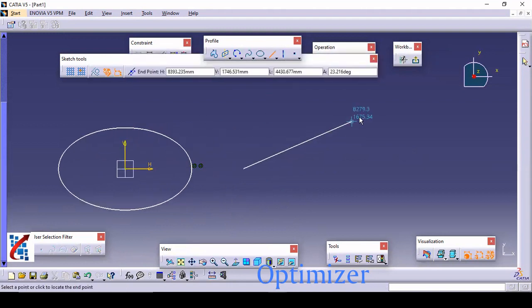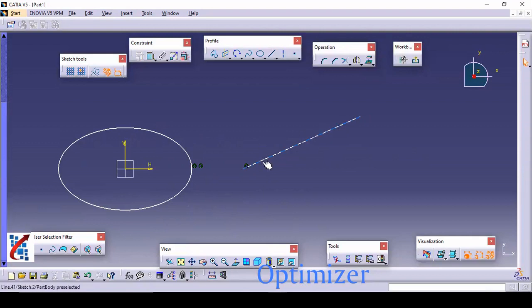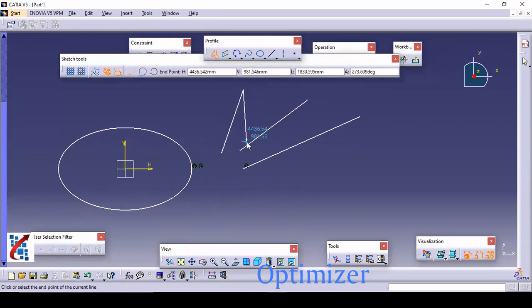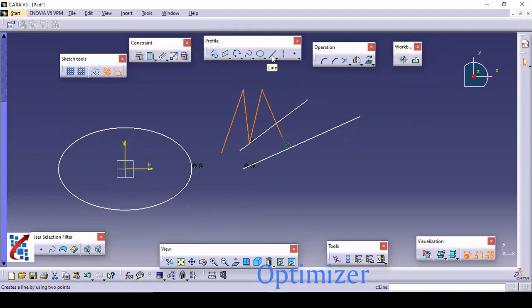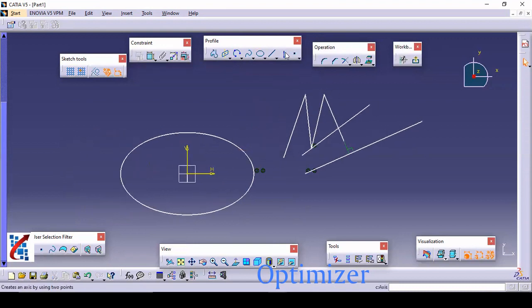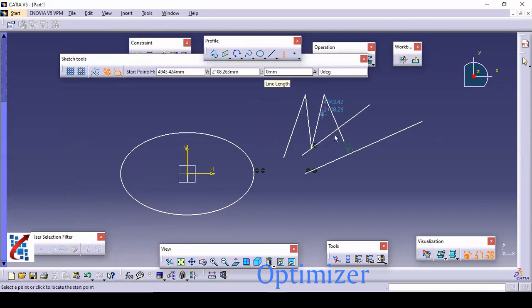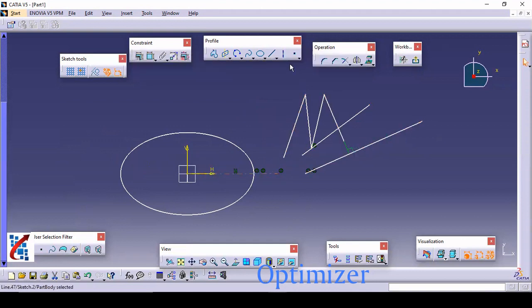Now line, so this is normally for using a straight line, you can use this command. But the difference between profile and this one is, when you select the line, only one line will be created and that command will be closed. But in profile, you can draw a continuous number of lines like this. Okay, so this is the major difference between this line and profile. The next one is for creation of axis line. So this is what we can say the normal line, and if you want to create an axis line, then you have to use this command, which is axis. Okay, and the last one is point.